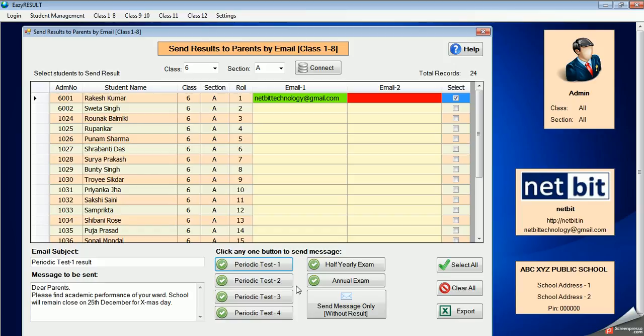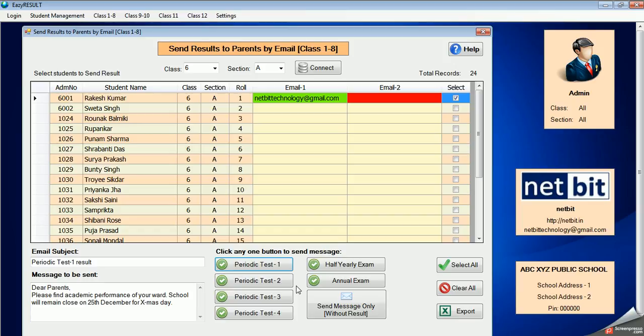Here you have to keep one thing in your mind, that Gmail has a limit that within a day you can't send more than 1000 emails. That limit you cannot cross, because this software is using a Gmail account. We have no deal with Gmail. So whatever rules are set by Gmail will be applicable to you also. So 1000 messages in one day is quite sufficient for a school, one class.